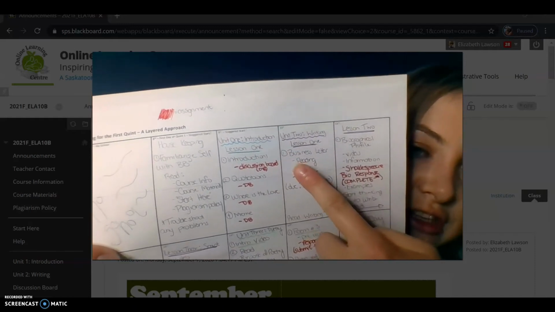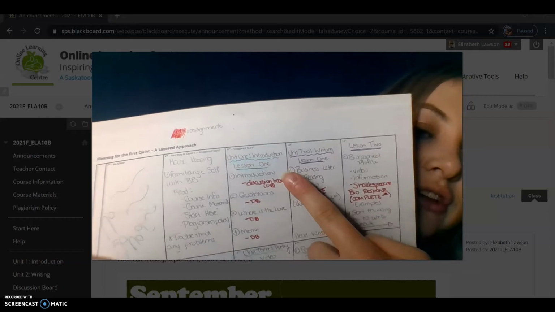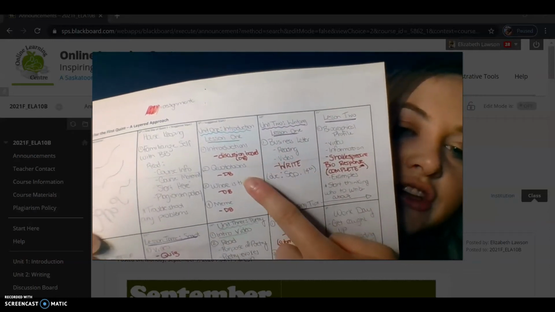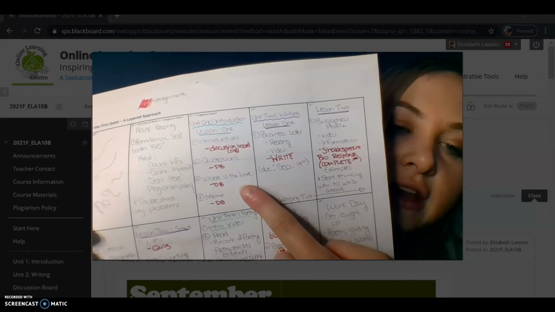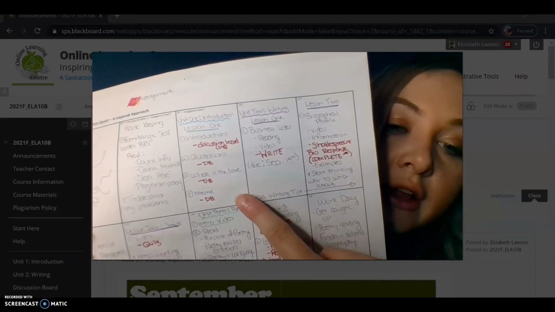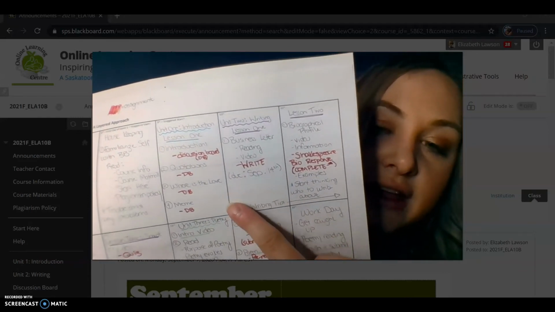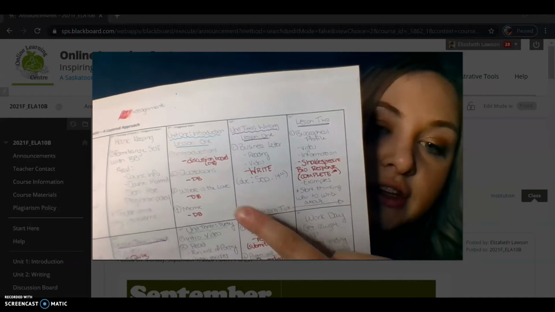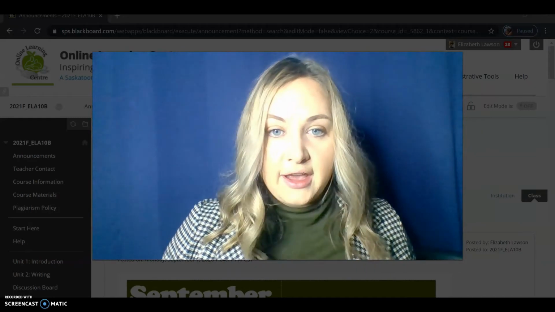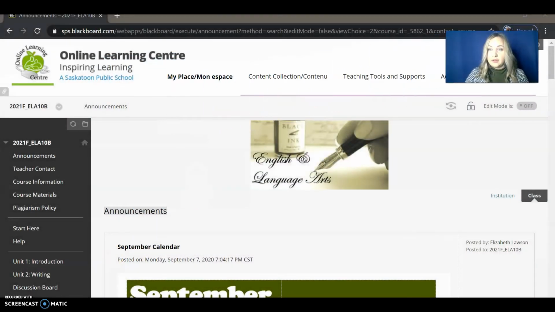A lot of you have actually done this first part here, this introduction on Blackboard. So today you'll be working on your quotation analysis, where is the love paragraph, and this meme. And all of them are going to be posted on the discussion board. So this is what you should be working on today. And I guess if those go really quickly, you could bop over to tomorrow as well. So I'll just show you now where to find those things.